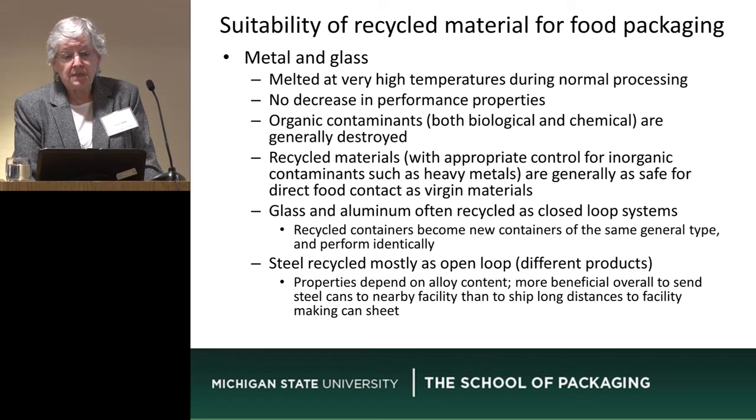Metal and glass, typically not a big problem. We melt them both at very high temperatures. Organic contaminants will generally be destroyed, as will any biological contaminants. No decrease in performance properties. The molecules in a glass bottle don't know how many times it's been a glass before. It doesn't have any effect whatsoever. So if you avoid contamination with things that really don't belong, like ceramics in the glass, for example, there aren't